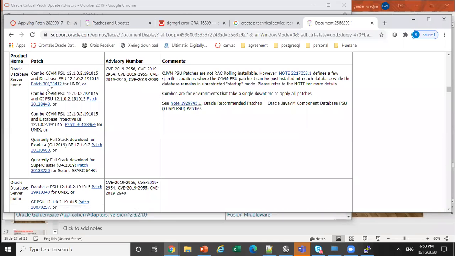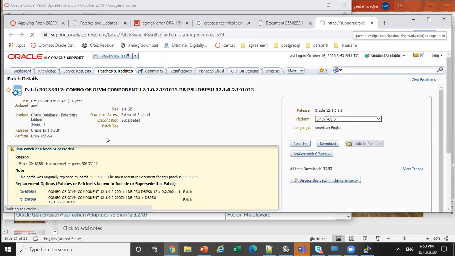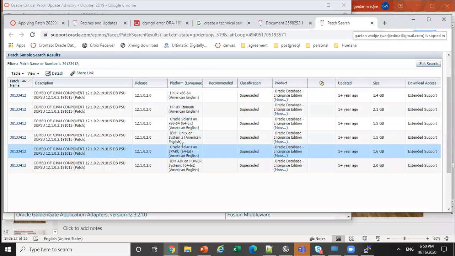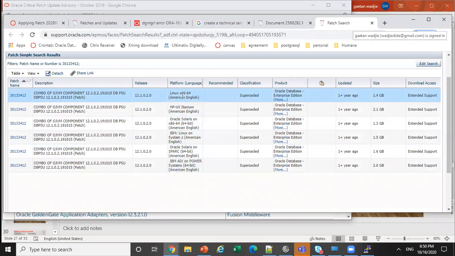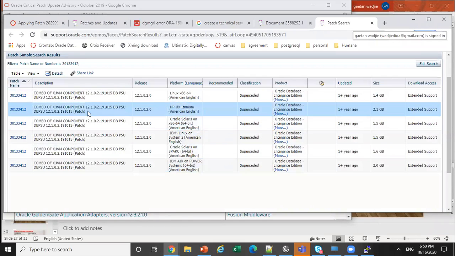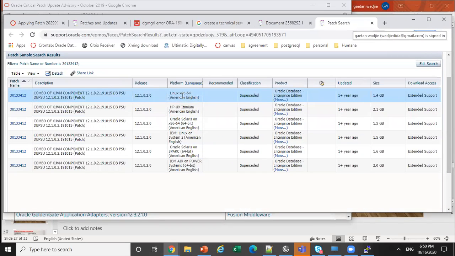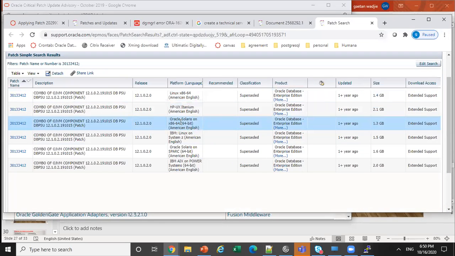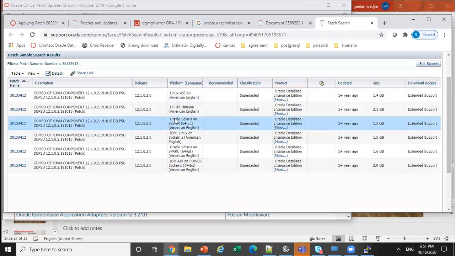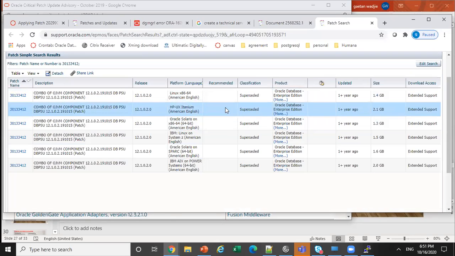You have to click on this link. Okay. Once you click on it, you are still under support. Now, this is what makes it also interesting. Now you have to specify which platform you are dealing with. You see the patch ID is the same. Okay. Are you using Linux? Are you using HPUX? You see here, right? Superseded. Okay, because we had Unix, but these are